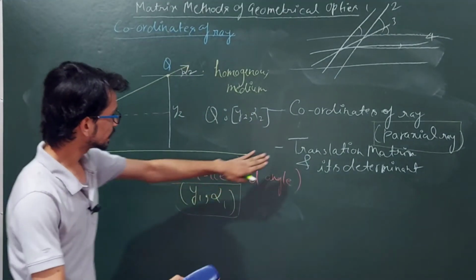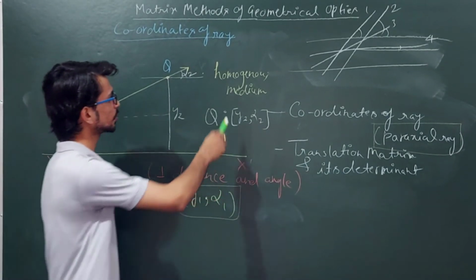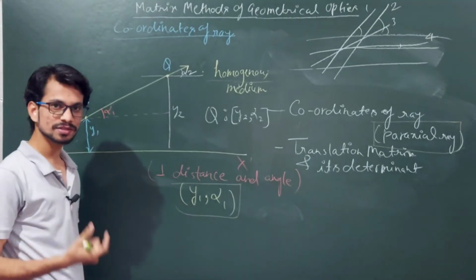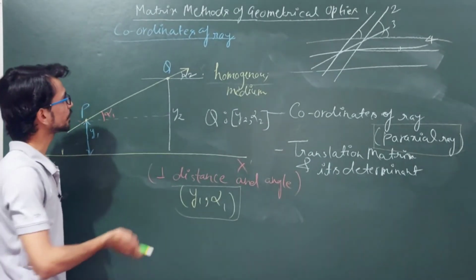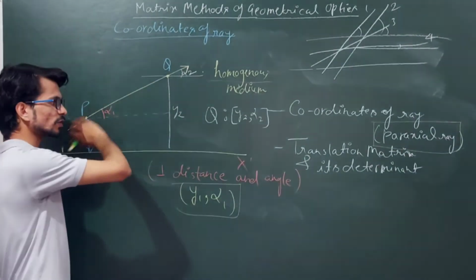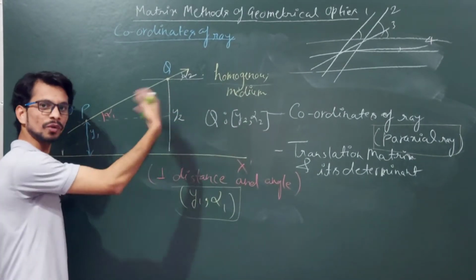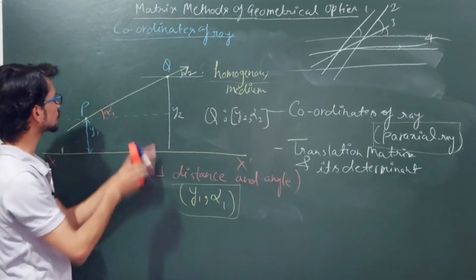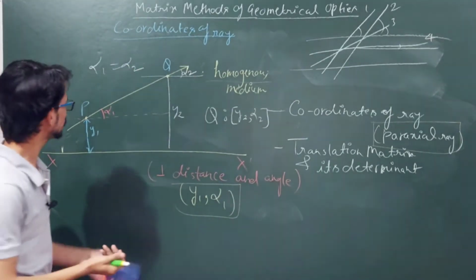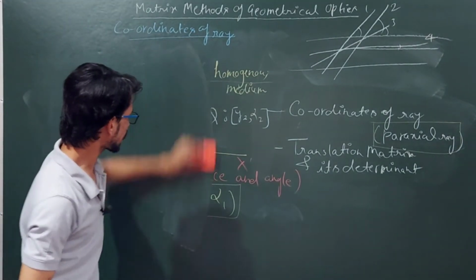Before beginning this topic, let us first take a general look at such kind of medium which is non-homogeneous. The basic fundamental characteristic of a homogeneous medium is that these angles are just equal, because a ray coming from an object goes without deviation from one point to another in a homogeneous medium. So these two angles are equal here. If this is not so, then what will happen with the coordinate? So let us take a general look at such kind of medium.